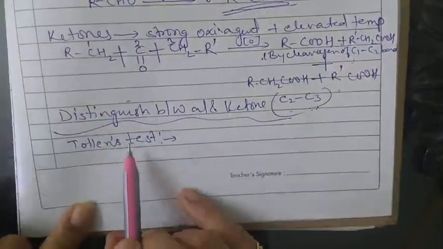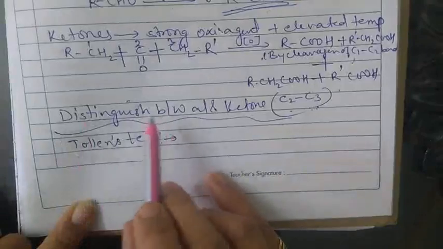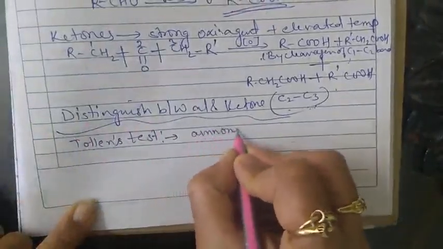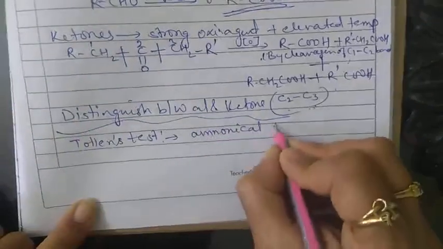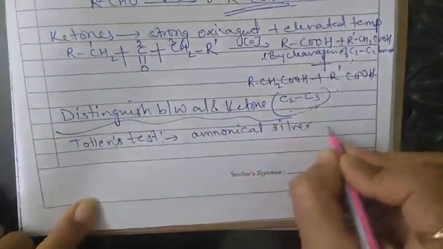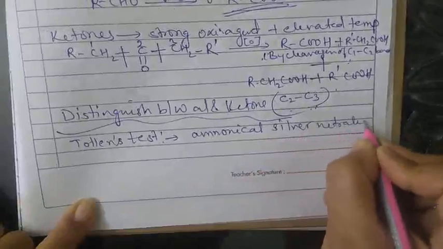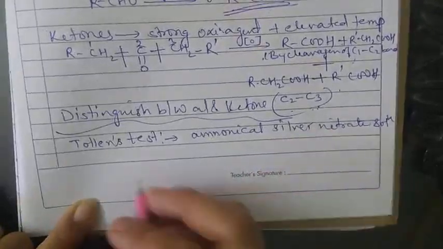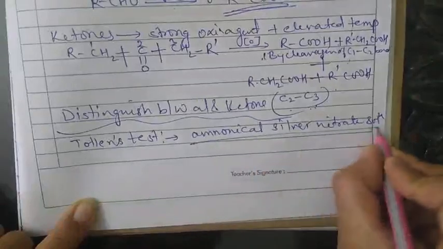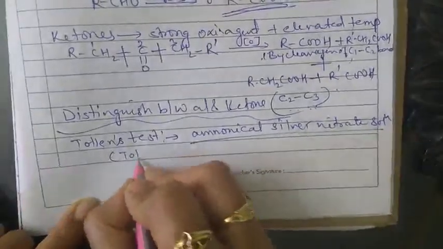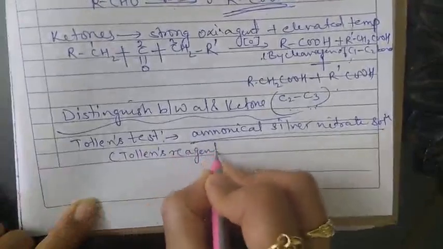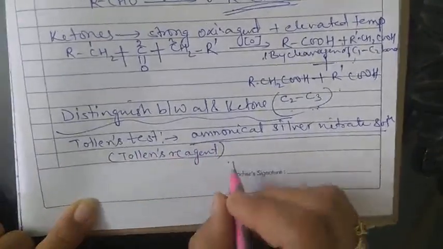When the aldehyde is warmed with freshly prepared ammoniacal silver nitrate solution, and that ammoniacal silver nitrate solution is known as the Tollens reagent,